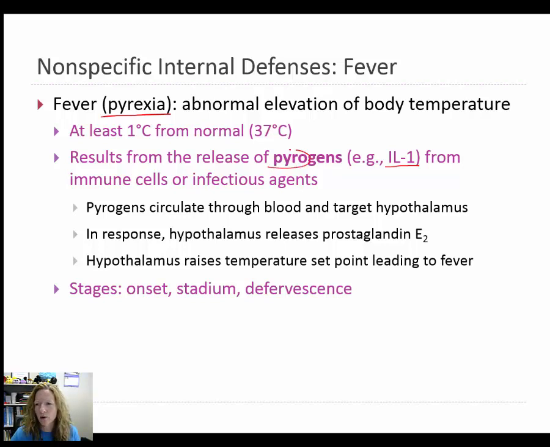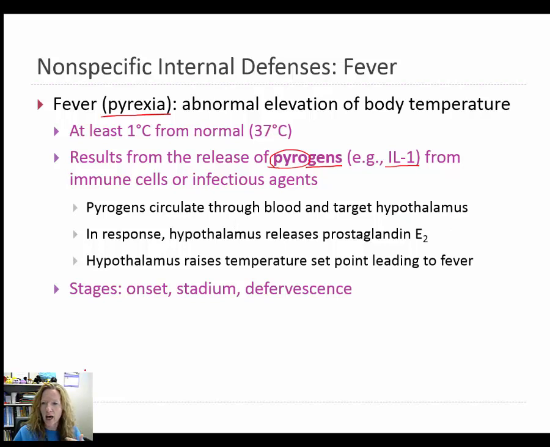So let's take a look at this word pyrogen. Again, pyrogen is a type of cytokine, a chemical messenger. Pyro, if you know, refers to fire, and this has to do with endogenous, so it literally translates to a fire within. So these pyrogens can be released from bacteria, any kind of infectious agent, or immune cells can release them as well. So whenever these cells release these chemical molecules, they are going to go straight to the